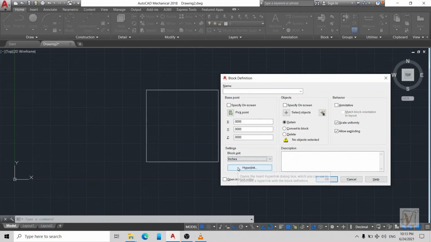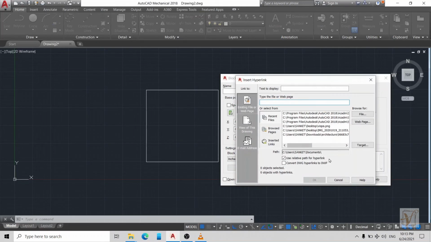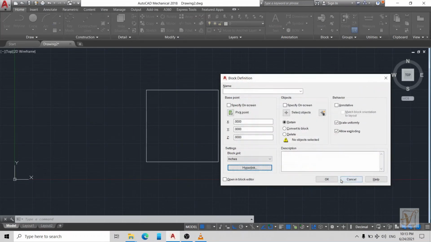Here with hyperlink, you can insert a link to a block where you can select a location or file for your link. Description lets you include a brief description or keyword for the block. This option is helpful when you need to find a specific block in a set of drawings. You will learn more about searching for blocks later in this chapter. Here with this option turned on, the block is created and then opened in the block editor.